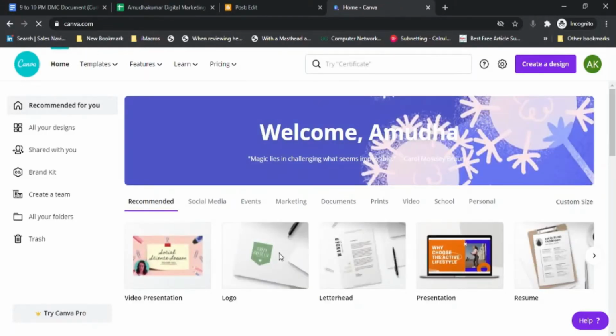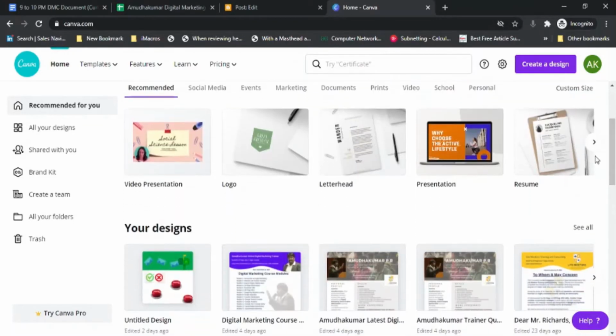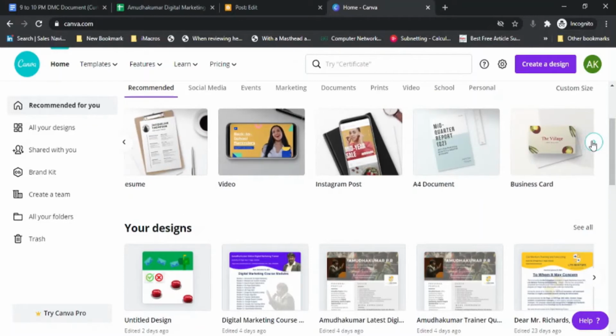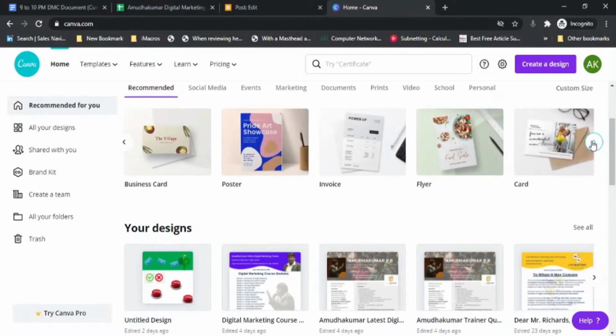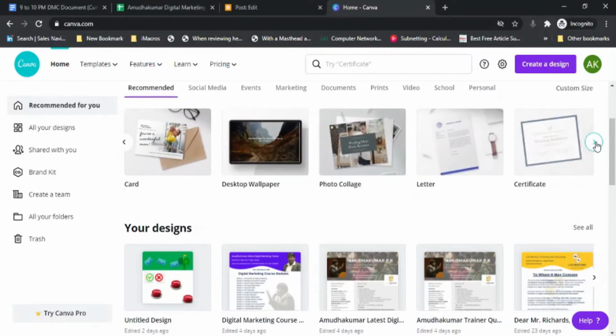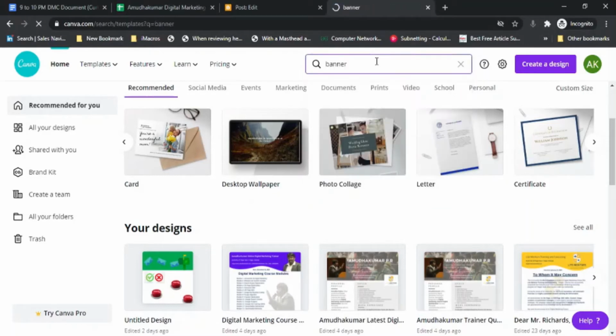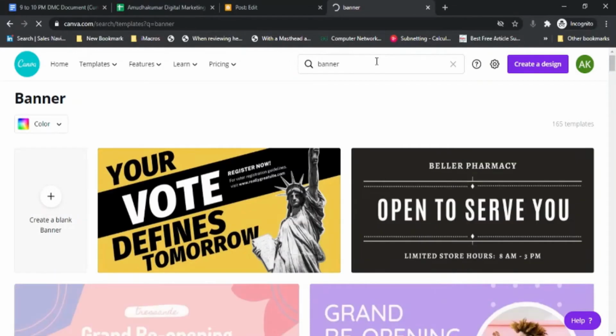You can create an account here by selecting the banner options. You can see video is there, business card is there, Instagram poster is there, flyer is there. You can design a card of your choice, or you go here and type banner, or you can type images.